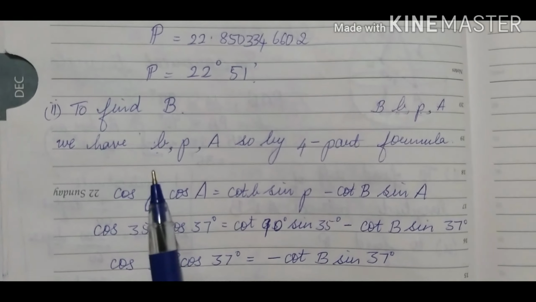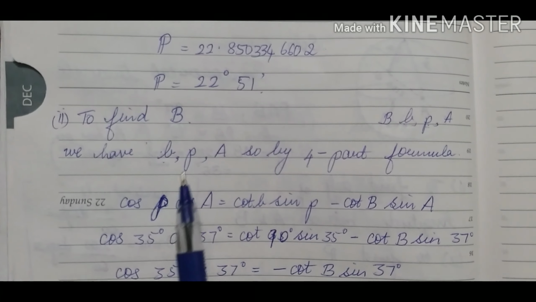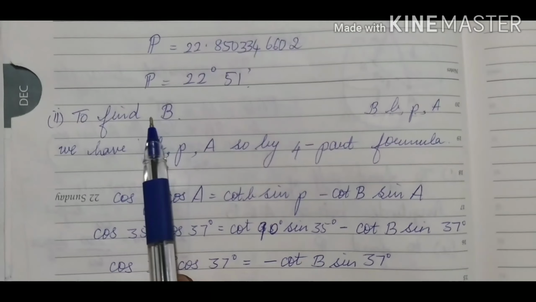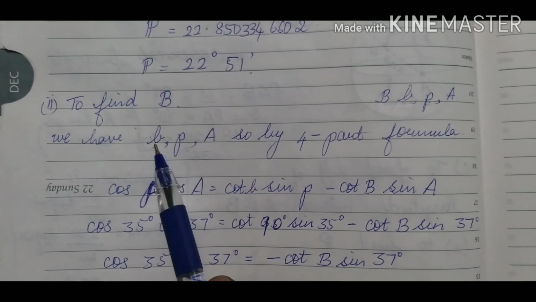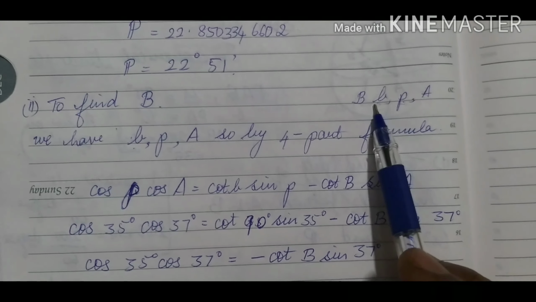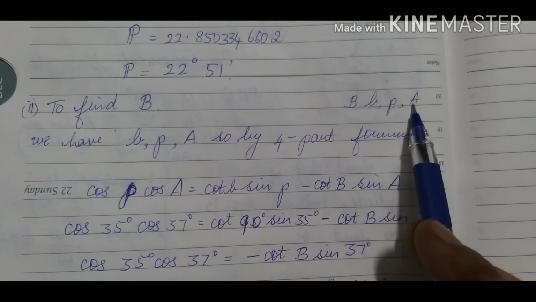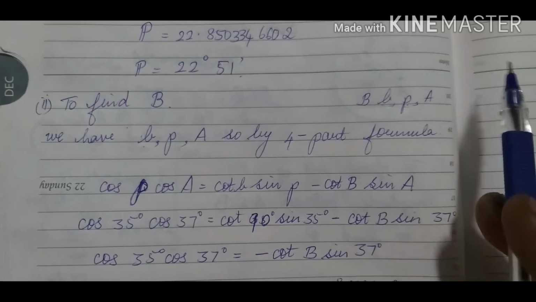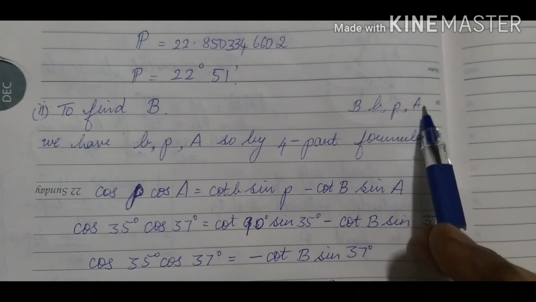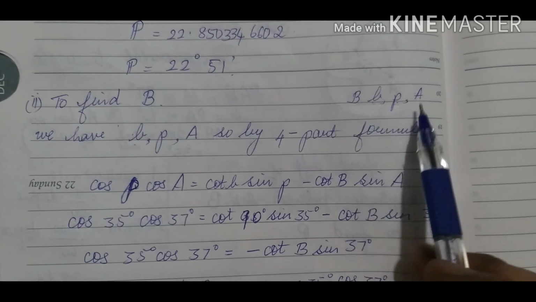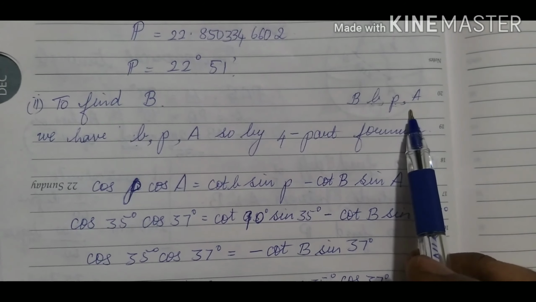Next, they are asked to find the great circle course at B, which means you just have to find angle B. Similarly, as in the previous case, we already know two sides, small b and small p, and need to find angle B. So we have one identical pair, a side and angle with the same letters, and we have one side small p already. Next we have to make use of angle A only. We cannot make use of angle P, we have to make use of angle A, because if you take angle P then you will have two pairs with the same letters, so you have to choose only angle A.